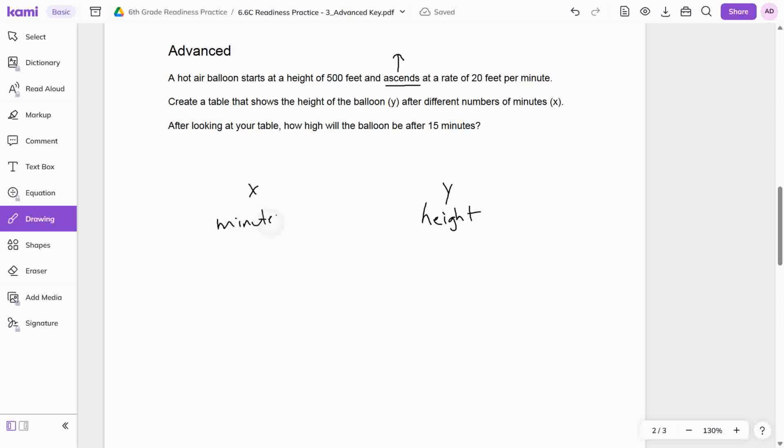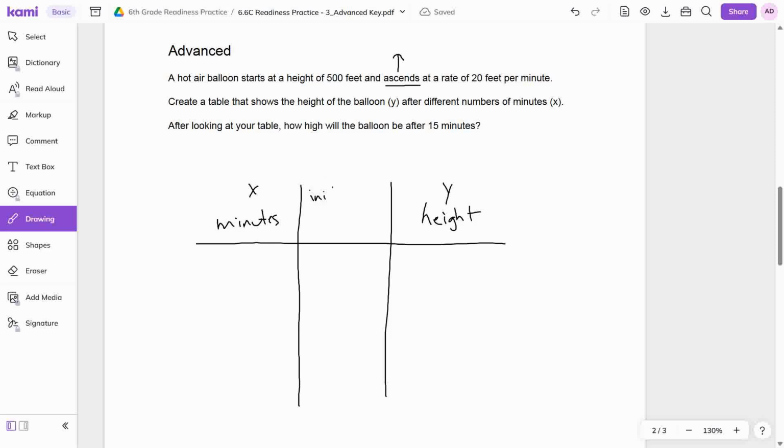I'm going to add that extra column again because it's not starting on the ground. It is starting at the initial height, and that's 500. All right, and so it's 20 feet per minute. So what I'm doing is I'm taking my minutes, multiplying that by 20. So if I had 1 minute, it would have gone up 20 feet plus the 500 that's already there. So that's going to equal my